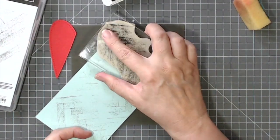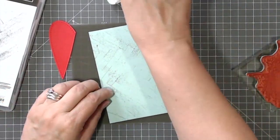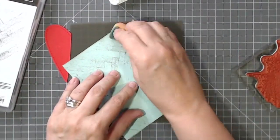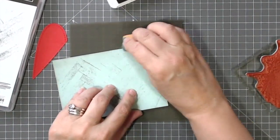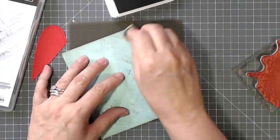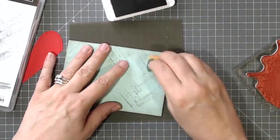Because it's largely going to be covered up. Go. And edges. I do love making me a grungy card. And yeah, there is a lot going on this card. There's a lot of technique, there's a lot of product, and